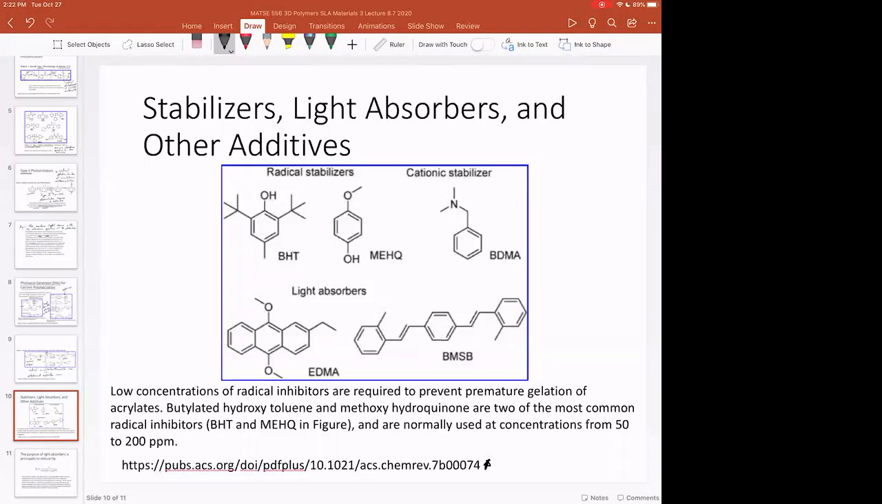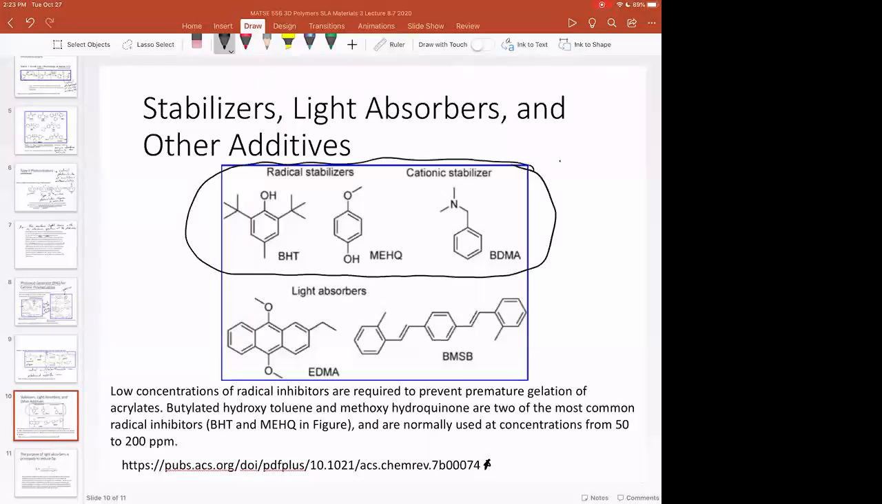There's a lot of other stuff that goes into SLA resins. There's dispersants, there's pigments. You know, if you need a blue SLA resin, you can buy one. And so there's a lot of other stuff in there. But one of the important things that acts on what we've just talked about are stabilizers and light absorbers. And so radical stabilizers or cationic stabilizers shown right here,